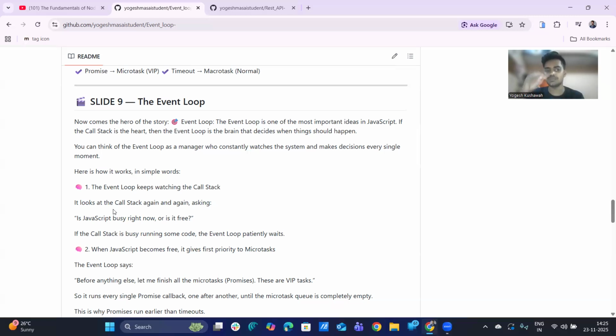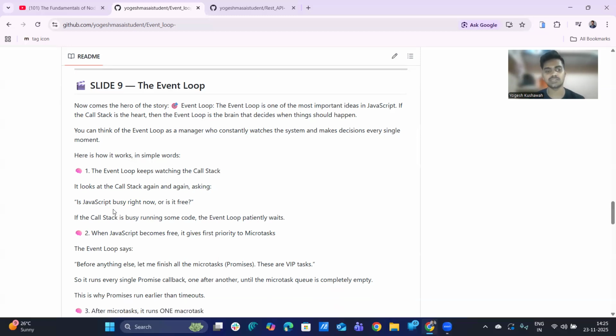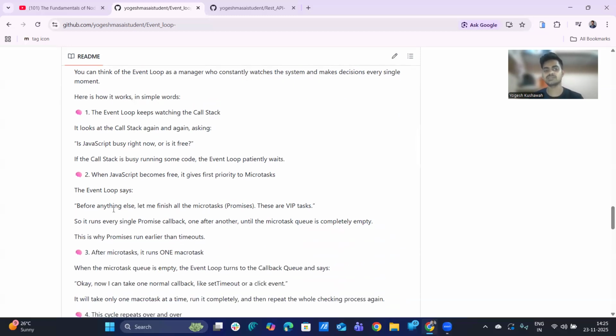The event loop keeps watching the call stack, looking at it again and again and asking: is JavaScript busy right now, or is it free? If the call stack is busy running some code, the event loop patiently waits. And when the JavaScript engine becomes free,